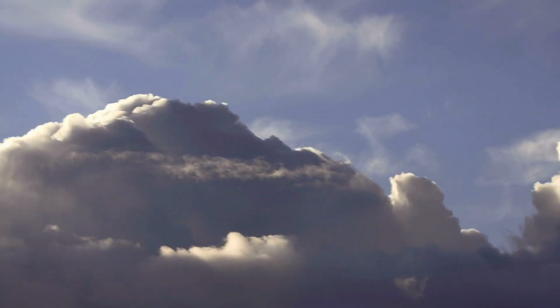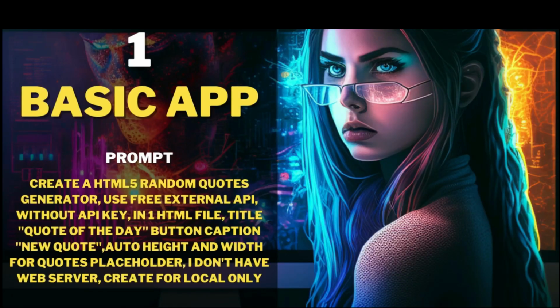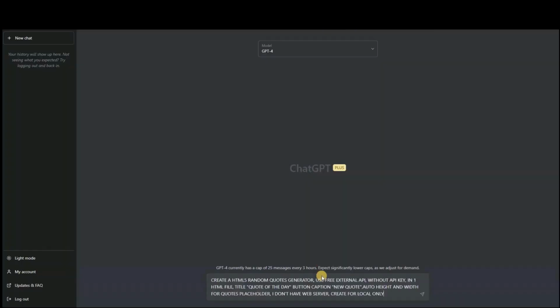So, let's get started. 1. Basic app. In this section, we will create a basic HTML5 app for generating random quotes from an external API